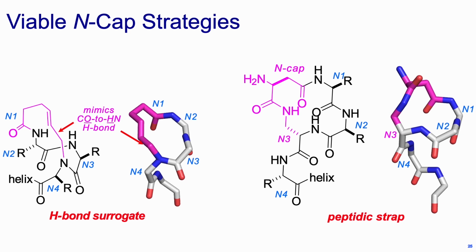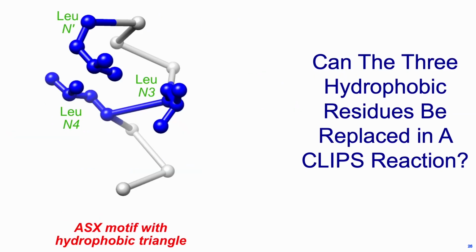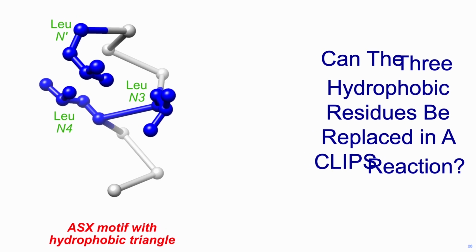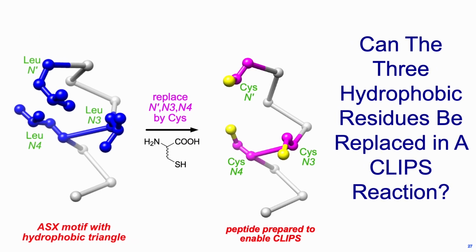So our idea was to take out, say, the 3 leucines in this ASX motif and replace them, first of all, with cysteines. Well, that won't do, they don't pack. But of course, cysteine residues can be alkylated in Klip's reactions. And this symmetrical 1, 3, 5